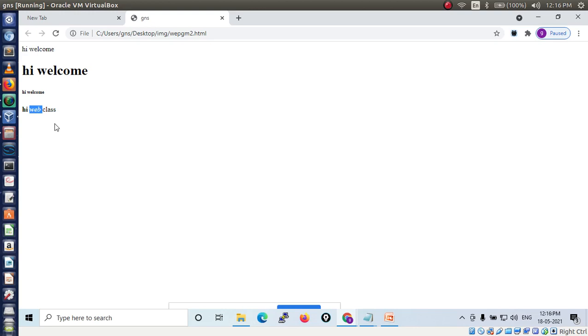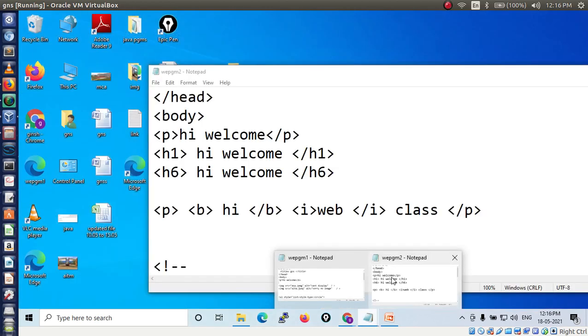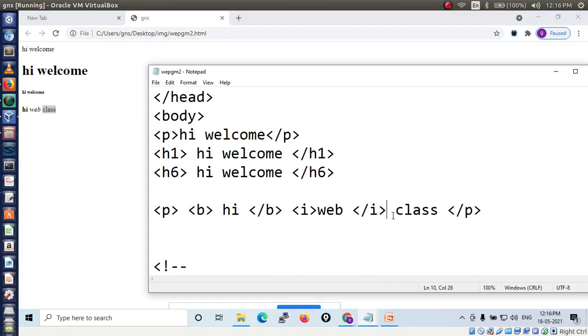Now I want to make class underline. So how to write code for this? I want to display class in underline. For the underline, which tag should I use?